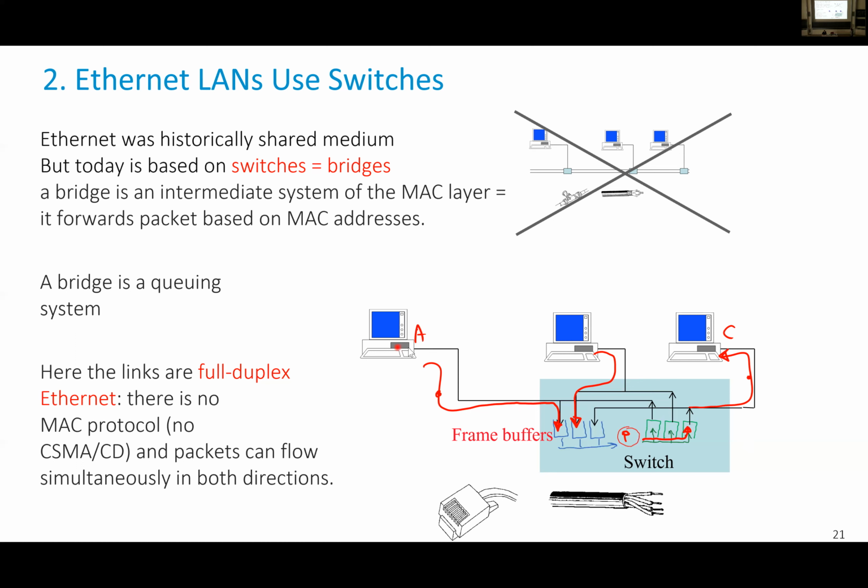What is the major difference here is now the cable between a host and a switch can be what is called full duplex, because there is no medium access. We just have a cable between A and the switch. So there is no collision. The only collision that you could have is if you're a bit stupid and you use the same cable to communicate in both directions. But of course, immediately the engineers who developed that doubled the cable so that it allows